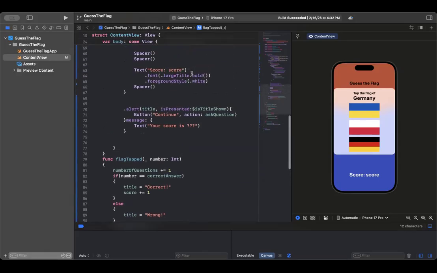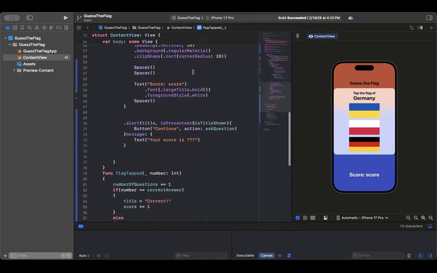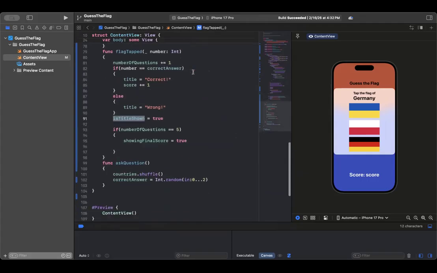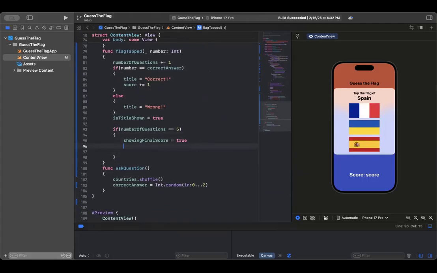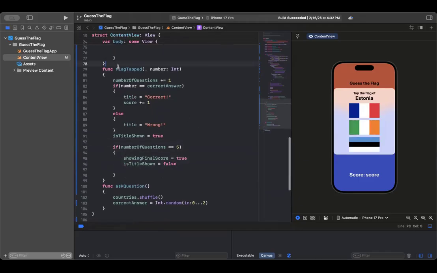Right? We don't want to say correct or wrong because we want the game to end. So you don't want to have 2 alerts going on at the same time. So what we're going to do is title shown equal to false. Good. Now we have this flag tap thing and we have this, but see, still, if we answer 5 questions,